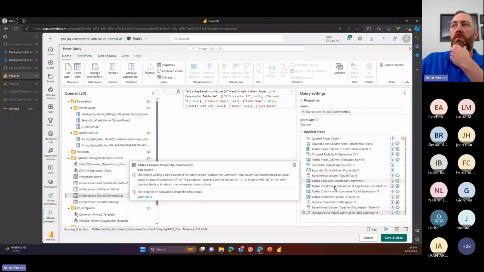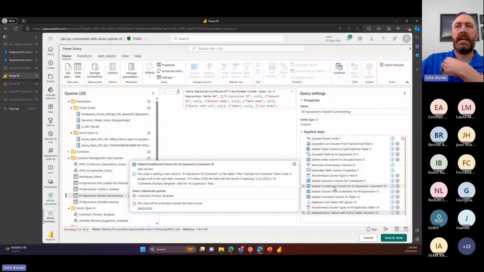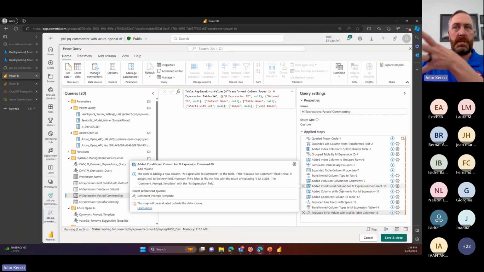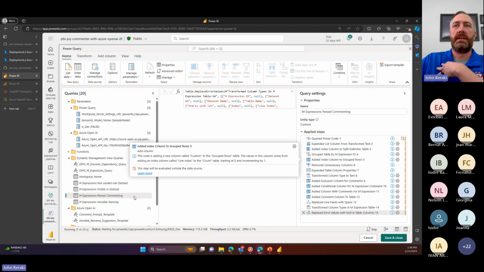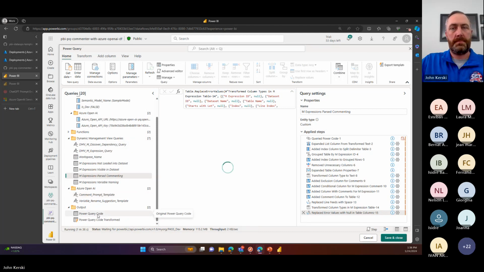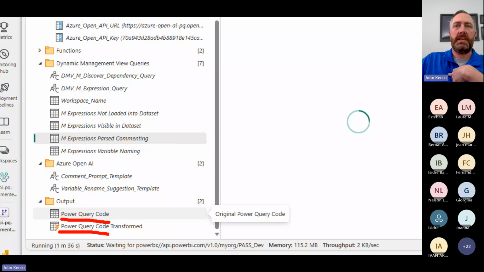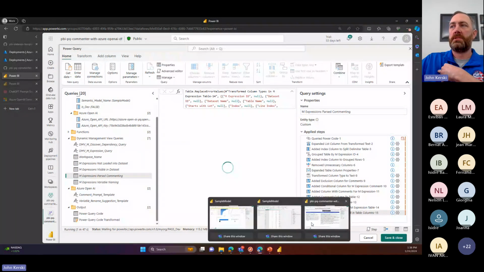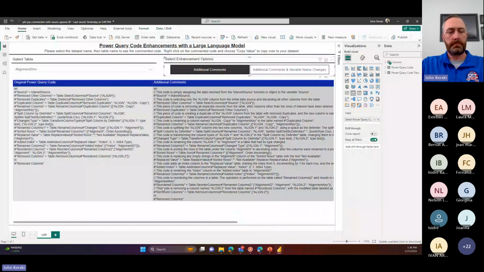When it's running these M expressions, it's going to come back, and then what this template does is offer replacement code for the model. And when that expands or is put together, it comes out as two tables. This is going to be your before, and then this is going to be your after. And when you combine that all together, I've got a template that you connect to the output of the dataset. And so what I've done is I've switched over to the Power BI report template that connects to that